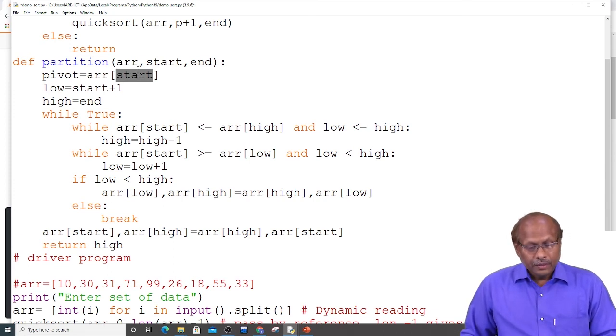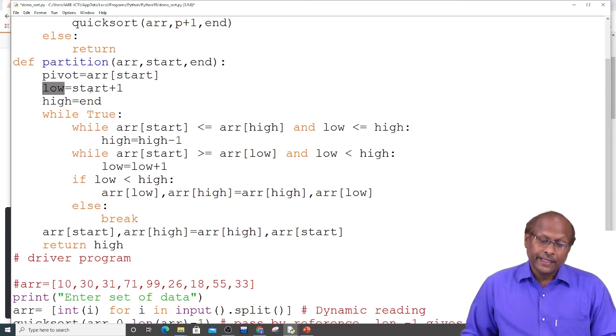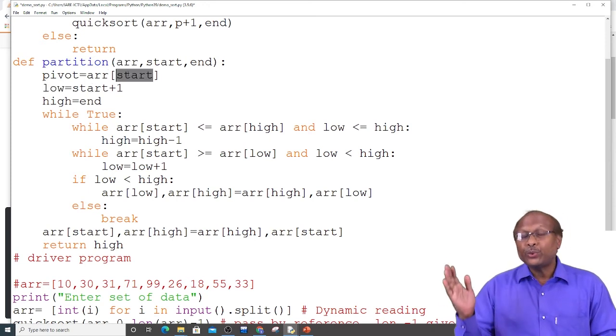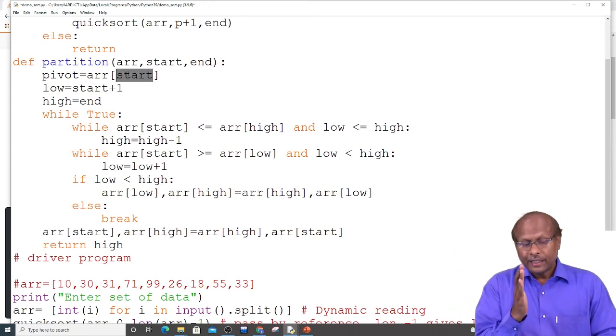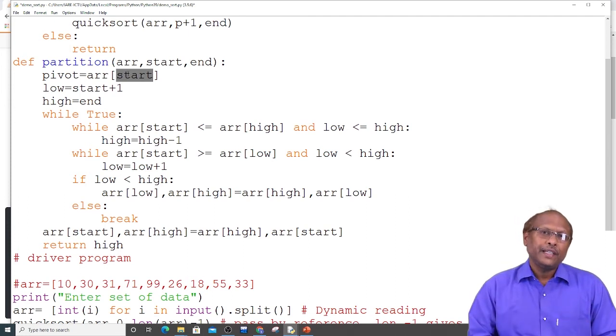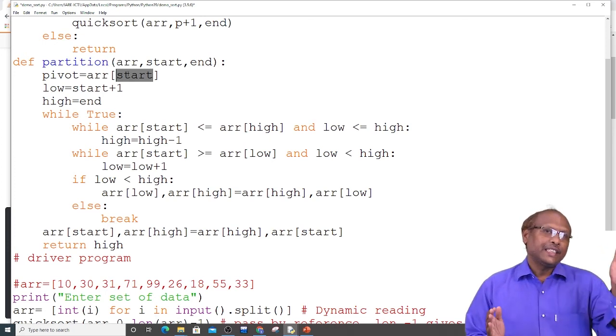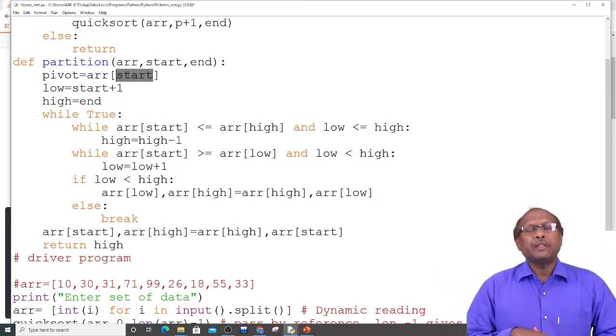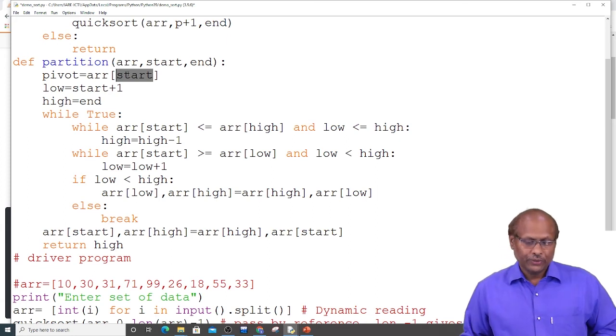Assume my starting position here, I made low equal to start plus 1. But when the pivot is the end, then high will be end minus 1 and low will be start only, because this value you have to interchange. So this way you can change it a little bit and do it.